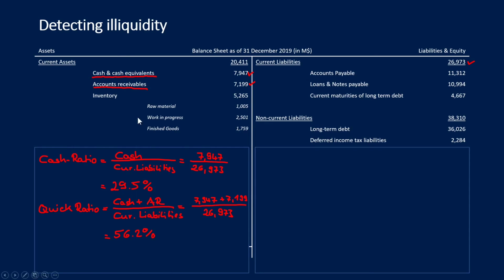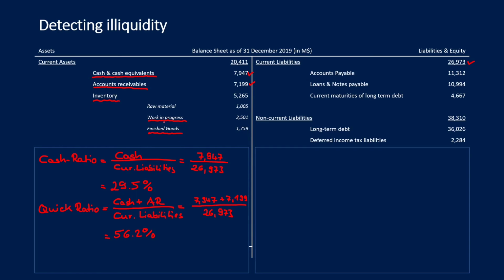If we now continue our discussion with the management, they will say, well, wait for a second, we still have the inventory. And we have some finished goods here, like cars, for example, if we produce cars. We will sell those cars within a few days. And then we send out invoices. So these finished goods will be sooner or later accounts receivables, and at least 30 days later they will turn into cash. The same is true for the work in progress.